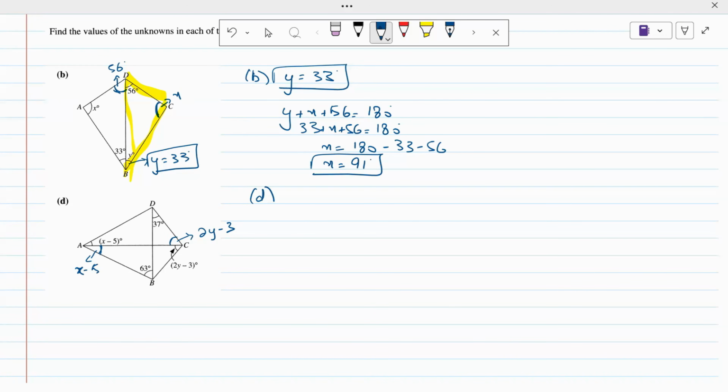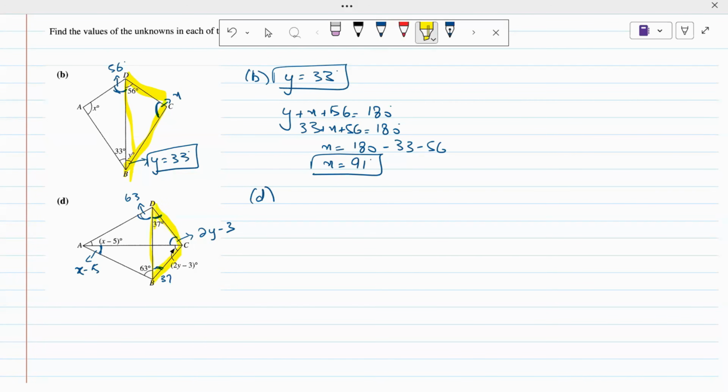And then this part will also be 63 for us. And like this is 37, so this part will also be 37. So these are all the values. So now we'll focus on one triangle at a time to find the values. So let's first focus on this